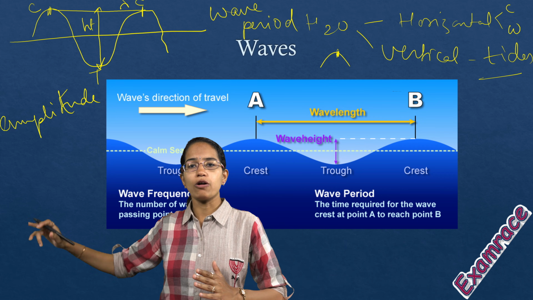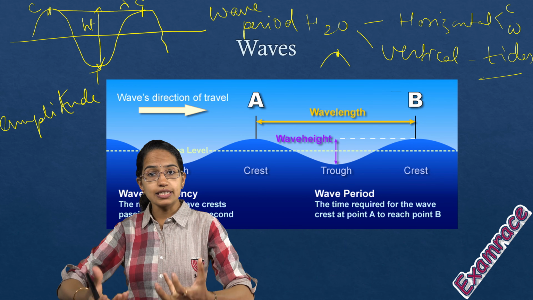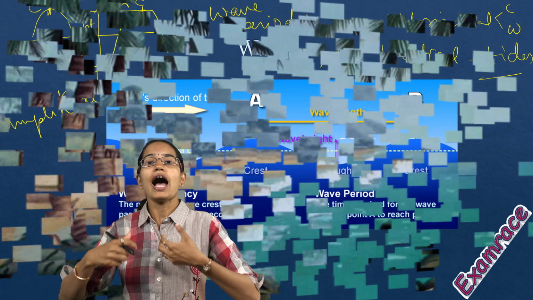Whenever we talk about the movement, there is energy that is stored in the waves, and this energy is basically dissipated as it moves towards the coastal area. So as it approaches the beach, there is resistance or friction, because of which the waves finally slow down and decay. And that's how we understand the wave movement. These wave movements are circular in fashion.